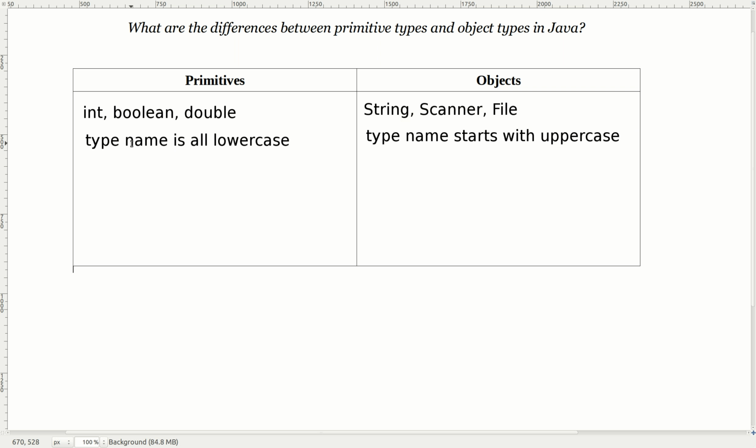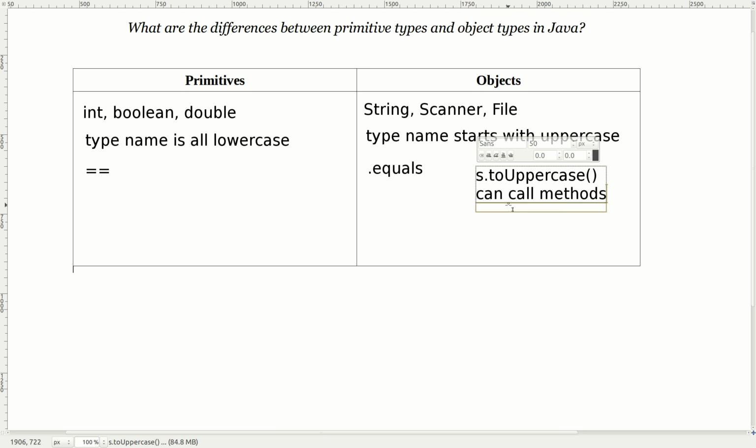Another difference that you may have seen before is that in primitives, we can compare with equal equal, and it works the way that we want it to, whereas with complex types, we usually have to call an equals method, like dot equals, like when we have two strings and we compare them. And along those same lines, we can call methods in general using an object variable. Like we can say s dot to uppercase or something like that. So we can call methods on them